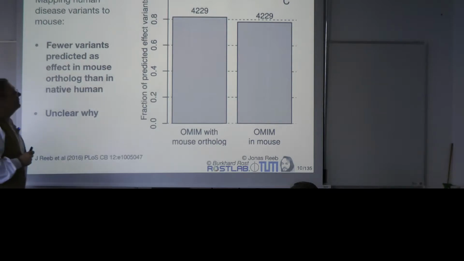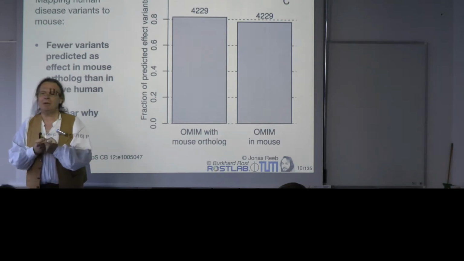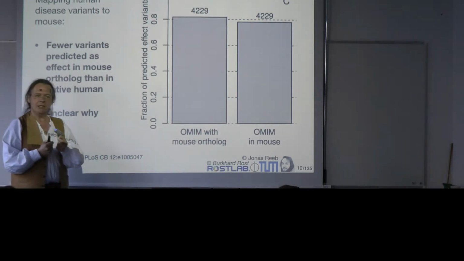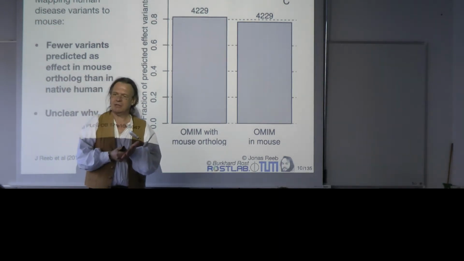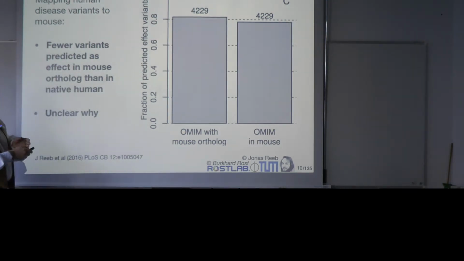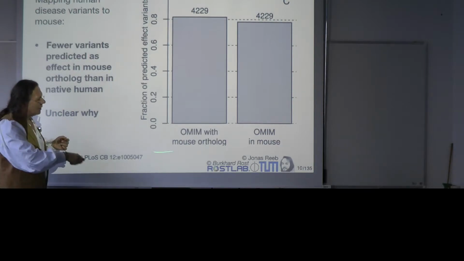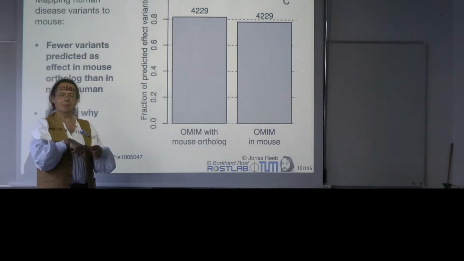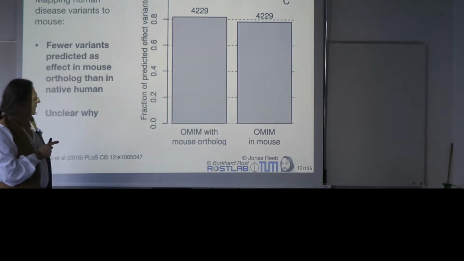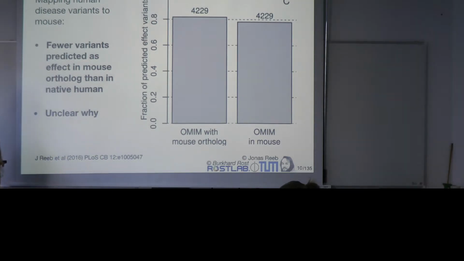Now here's another thing that we found interesting. We take this human variant and we put it into a mouse protein. We insert the variant in this mouse protein and ask how much is the effect on the mouse protein. And for the same set, we take the mouse. Wait a minute. Here we take the human sequence and we put the variant into it. No, wait a minute. I'm confused now. Into the mouse. Now here we take the ortholog, and here we take the mouse protein.